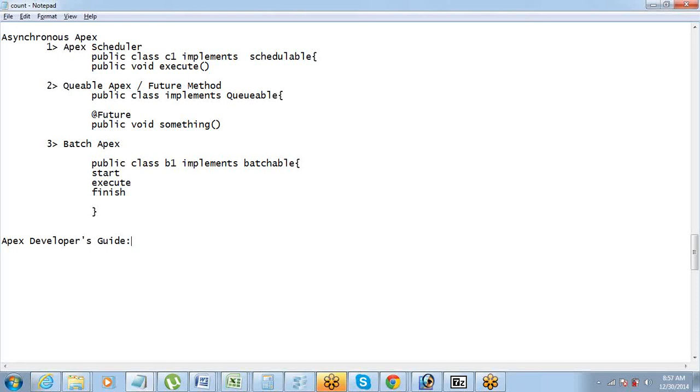We have done a lot of examples in the sessions, and I am sure a lot of the concepts you needed to learn on Apex are clear by now. However, this developer guide is also going to give you a lot of reference whenever you need it while working or going for interviews. Let me just open this.